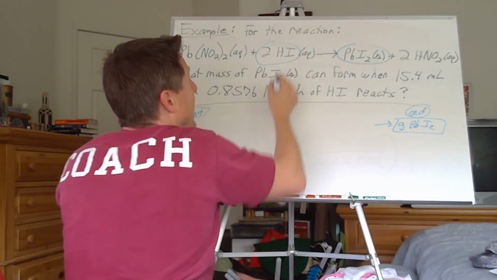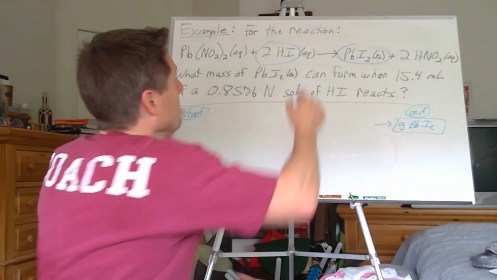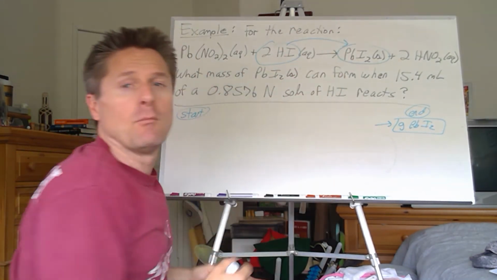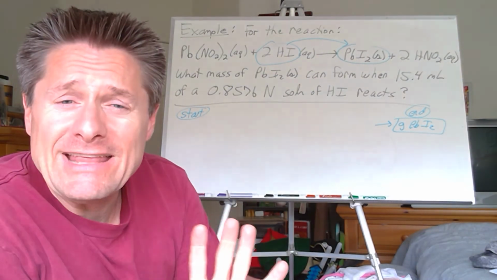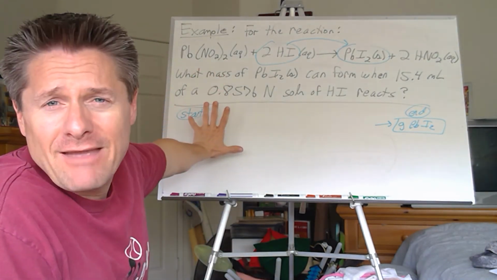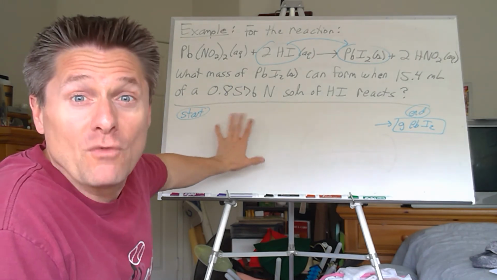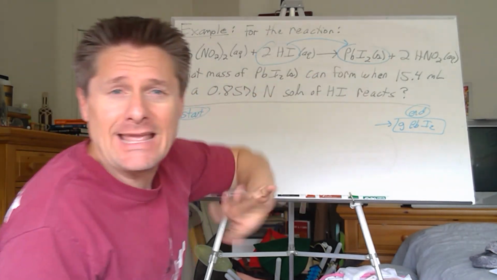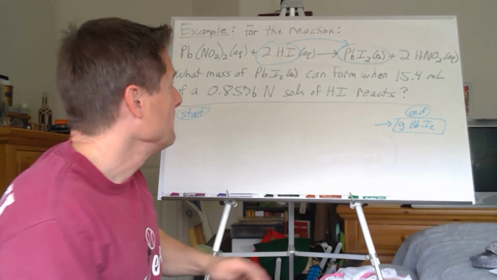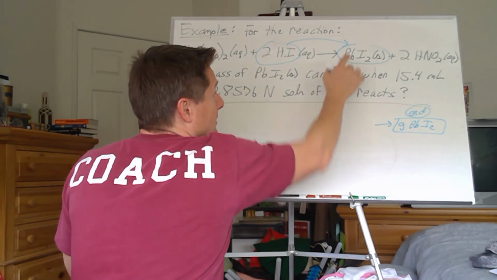We got to get to moles of this, correct? That's true for any stoichiometry problem. Whatever you're given, whatever information is provided, get to moles of that species. Then you can connect to any other species in the mole-to-mole ratio. So if we can get to moles